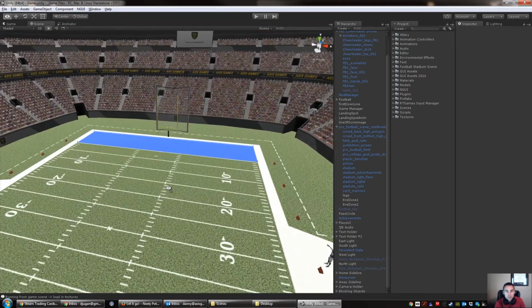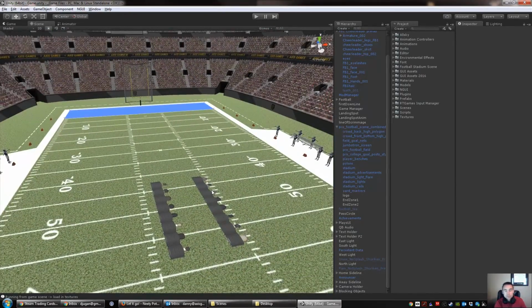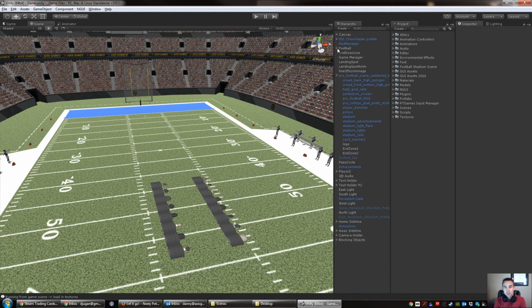Okay, so that is what we've been doing. We're really excited about that, and we hope you guys are too. What I want to get into now is changing the handoff animation. So I'm going to go to the animator,